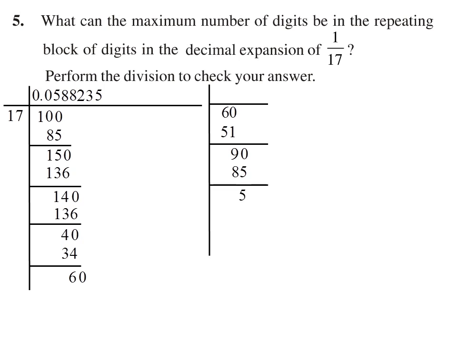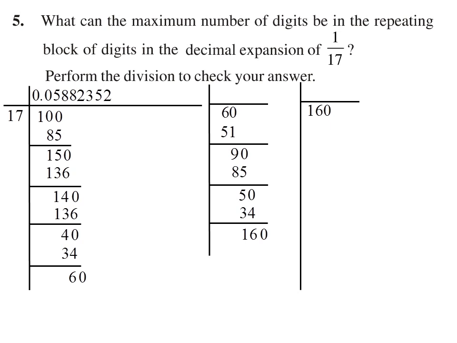So now the remainder is 5. Again taking 0 as a carry forward, I will get 50. The next number to multiply by 17 is 2, so I will get 34. Again my remainder is 16. Again taking 0 as a carry forward, I will get 160. Now again moving to the next step.